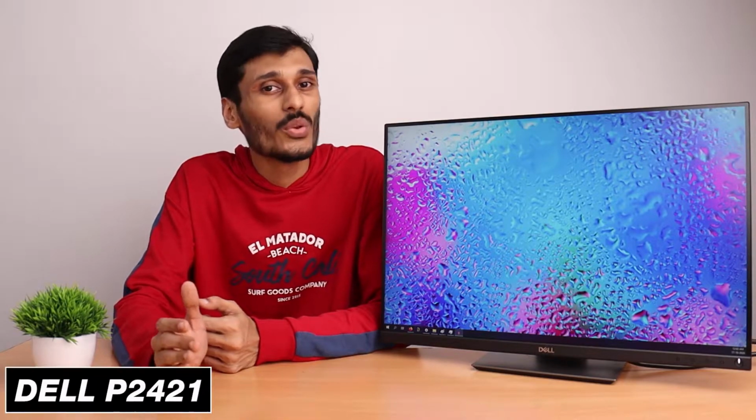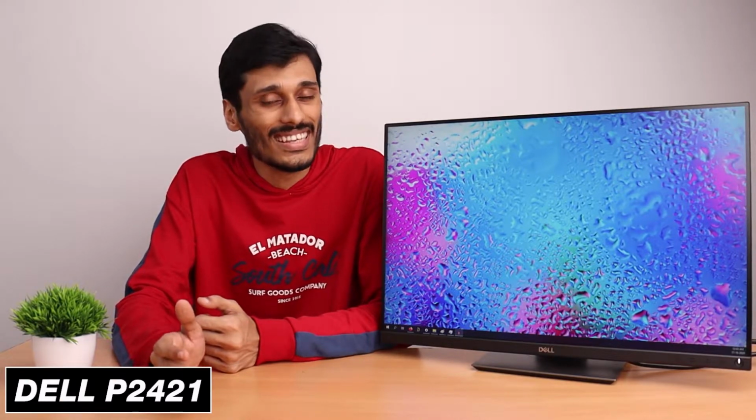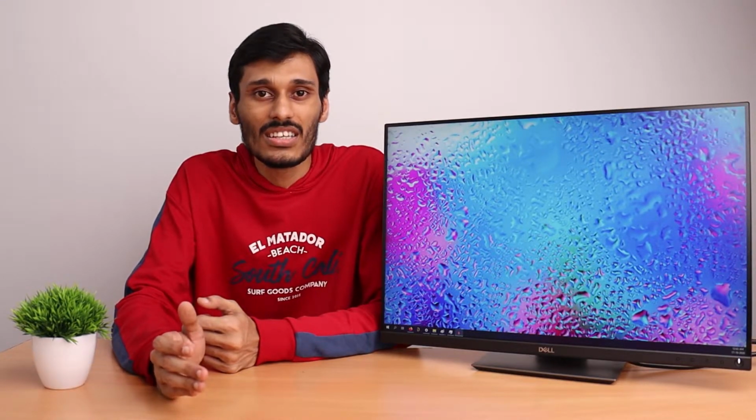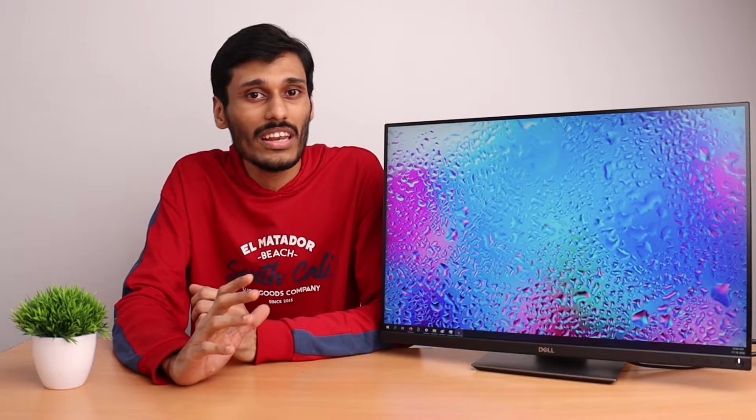Today we have with us the Dell P2421 1200p display. Yes, the resolution of this display is higher than Full HD. So Dell introduced this model a couple of months back, and this is probably one of the very few